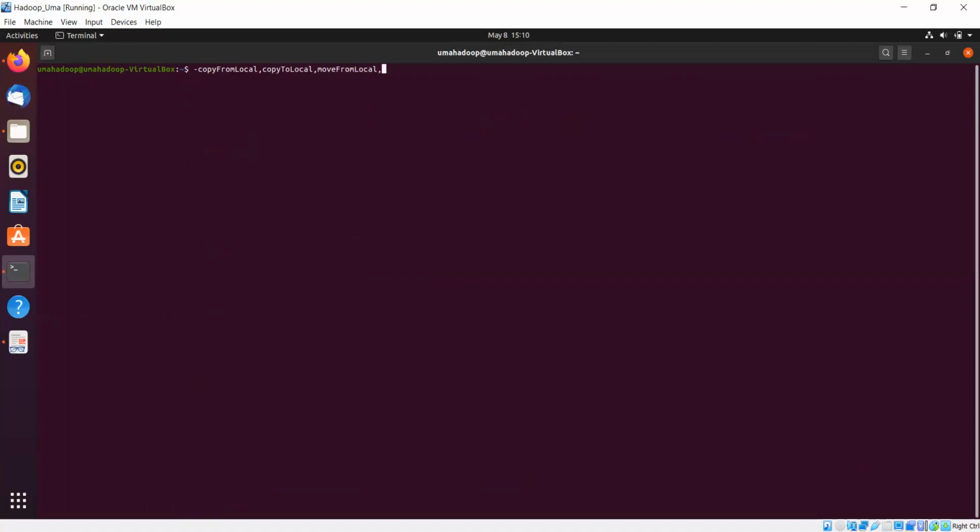Anyhow, it won't work, and the put command as well as the get command. Okay, so these are all the important things, and apart from these we have seen ls as well as cat. All of these are the basic commands which you can make use of with the Hadoop distributed file system. Okay, thank you.